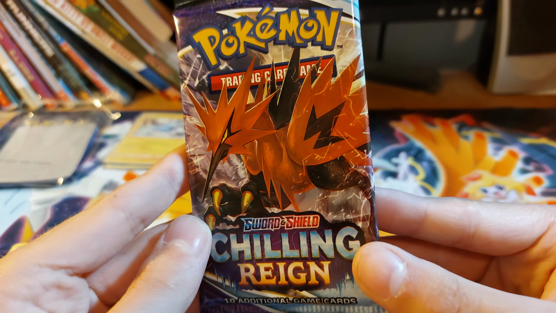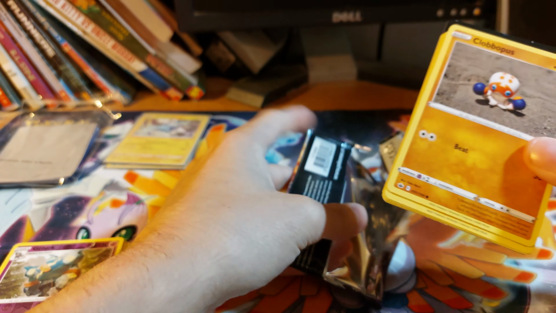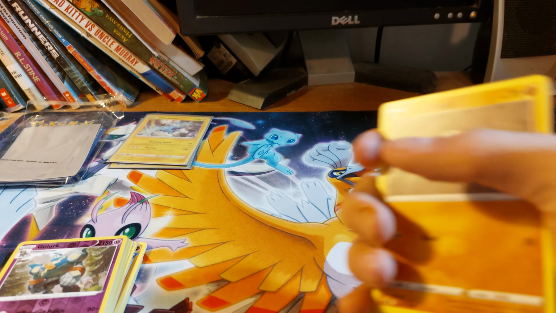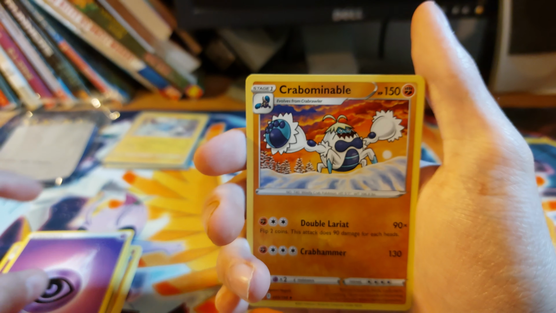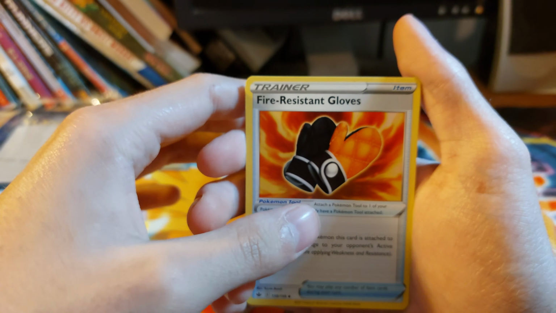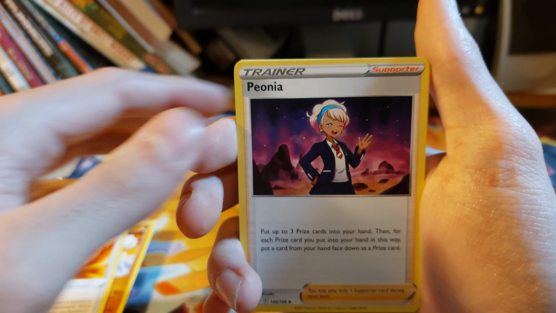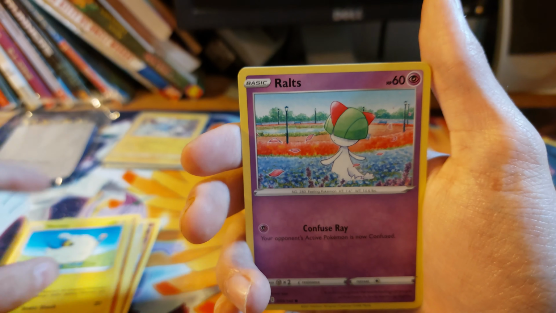Last but not least, the final pack of this 3-pack blister. Please do take 1 code card if you do take a code card. I would like for more than 1 person to get a code card. Psychic Energy, Crabominable, Fire Resistant Gloves, those are just oven mitts. Peony, Clobbopus, Mareep, Ralts,